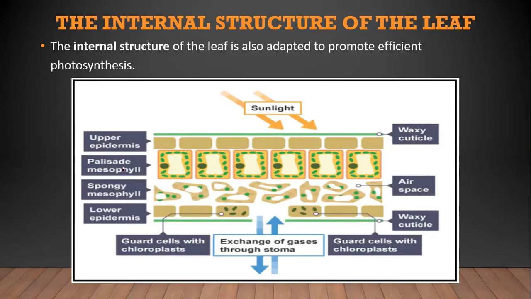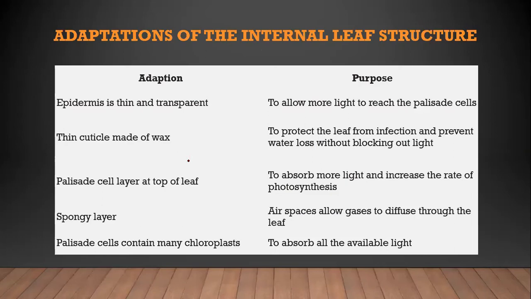Now the palisade, this is where we have a lot of what? A lot of chloroplasts. Now the chloroplasts are the ones that provide the chlorophyll. So the chloroplasts here are the ones that enable the chlorophyll to actually trap the light energy. All right, so in short, this is what we are saying here. We are saying they have the wax cuticle here to protect the leaf from infection and prevent water loss without